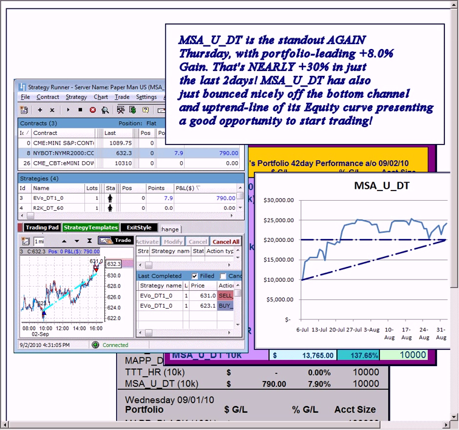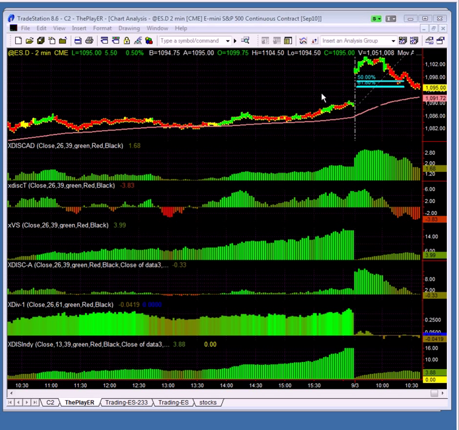The first thing we're going to look at here is a chart of the market. This is the Mini S&P 500 futures contract, front month in nature. Today is, of course, Friday, the 3rd day of September 2010. Looking at the last print on the contract, 1095.50, had an impressive gap to the upside on the early session